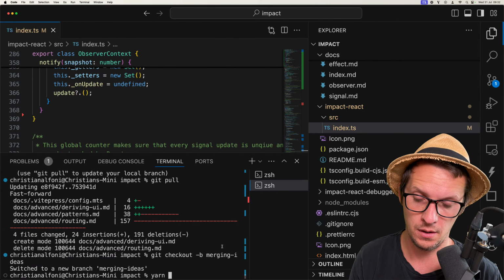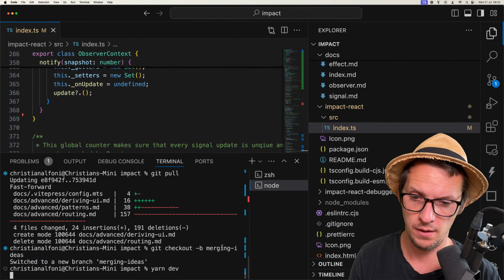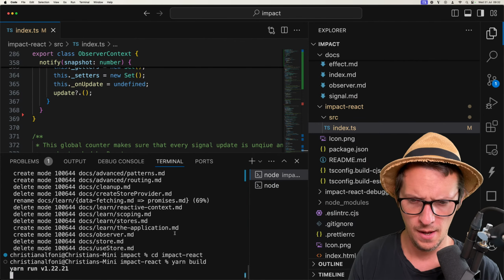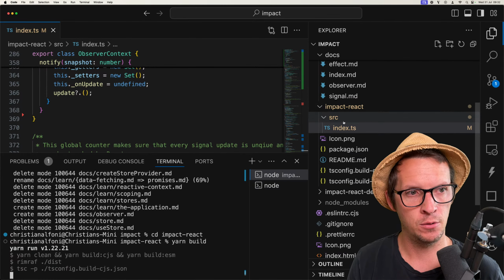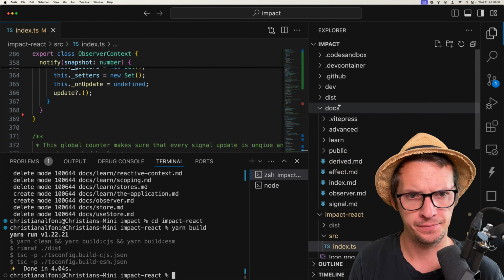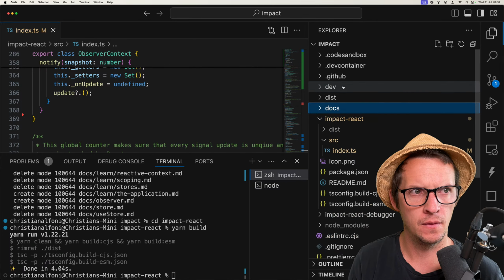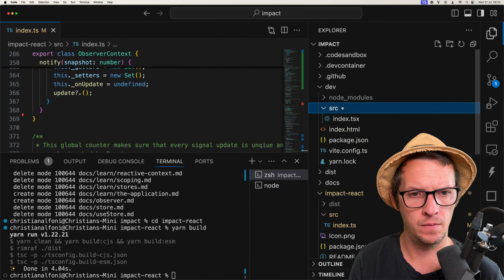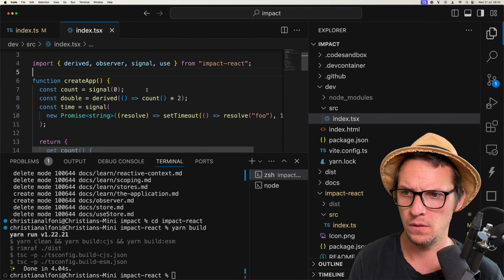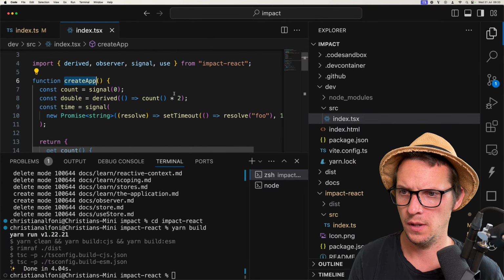So yarn dev, and then we're gonna impact react yarn build. Let's take a quick look at what this looks like now.